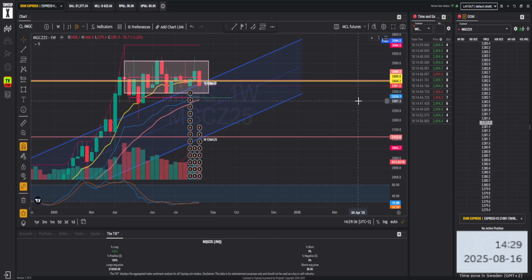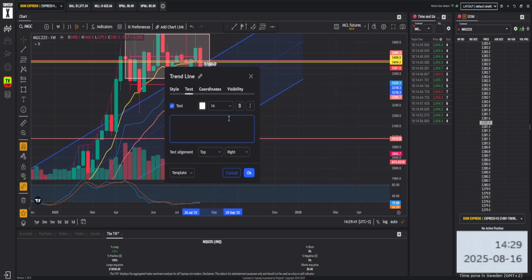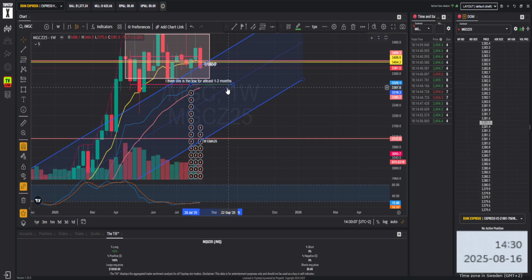Maybe we now, I don't know. I think this is the low. Or at least 1 to 2 months. That's what I think. This is also, I have a fixed range, you see this red top and bottom,